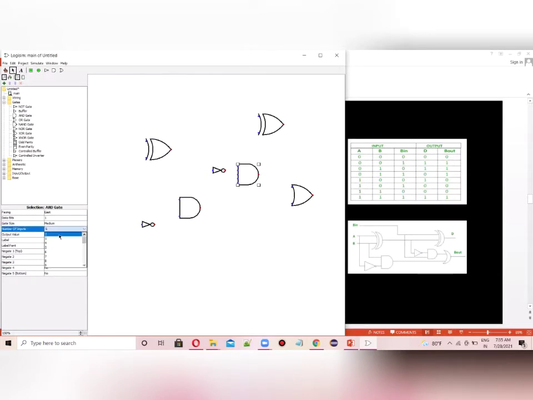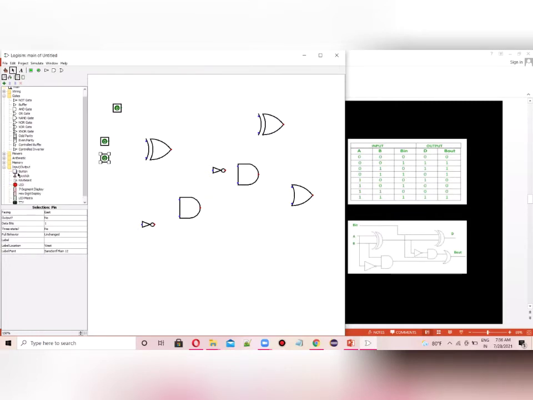Now, as I told you, we need 3 inputs. So let's take the 3 inputs, Bin and the other 2. Now let me choose the 2 outputs. It's better we choose LEDs so we can easily see the result.